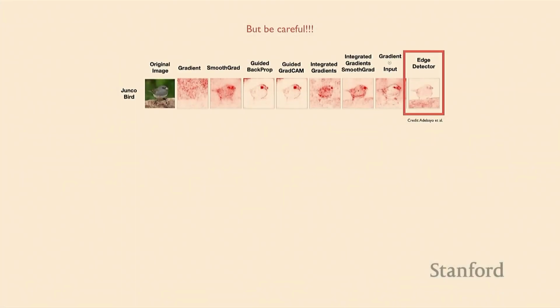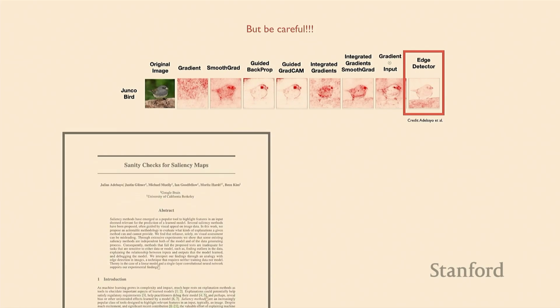But here we go. You should be careful. This is my word of warning to you. It comes from a paper called Sanity Checks for Saliency Maps. They're talking about how, with a lot of these methods, you need to be careful about the information you draw from them. They have this image of a bird and they're providing explanations for why it's calling it a bird. Each of these types of explanations produces a different saliency map, but it all kind of looks like the bird.